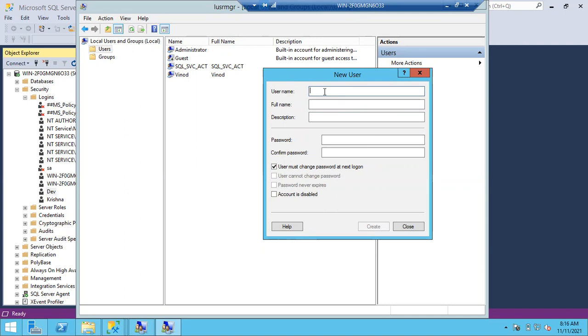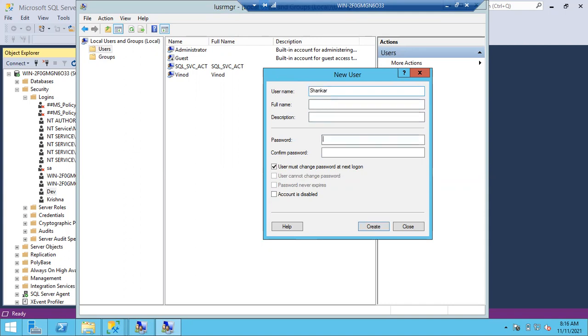Okay, right. Let's go with another one, Bashir. I'll create three logins. Okay, 3 users I'll create, and I'm going to add those 3 users into the group.